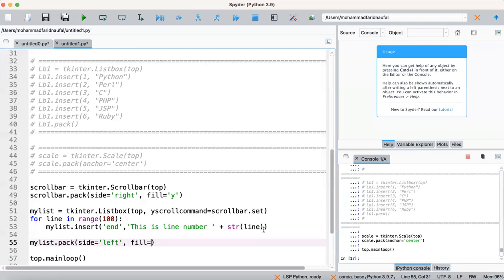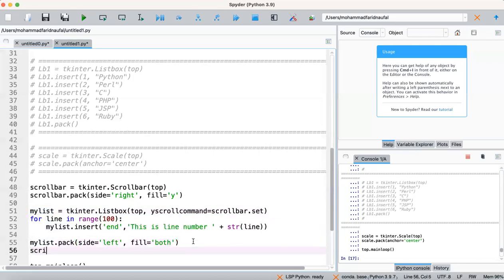For the fill argument, we put fill equal BOTH. Actually this one is just an argument. If you want to know more about this argument, we can just open the Tkinter documentation. In this case, we use side equal left and fill equal BOTH for our list here.